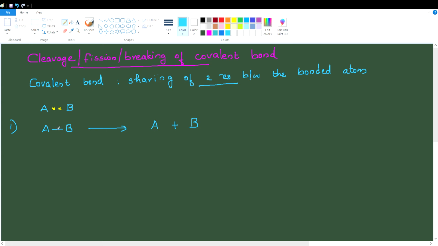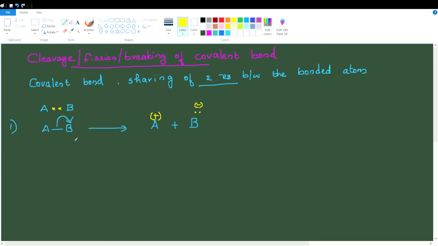That can be shown by drawing a curved arrow from the middle of the bond towards the atom B. This represents movement of both the electrons. This curved arrow represents that this bond breaks and both the electrons move towards atom B. So atom B gets a pair of electrons. Shared electron pair moves towards B and hence B becomes negatively charged. A lost the shared pair of electrons, so A is electron deficient. A carries positive charge.